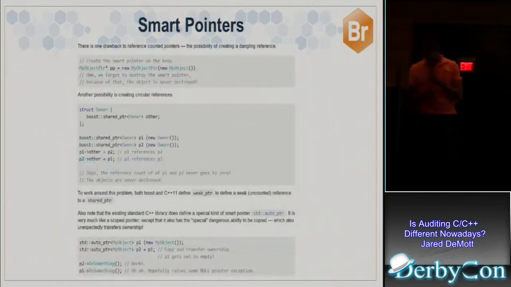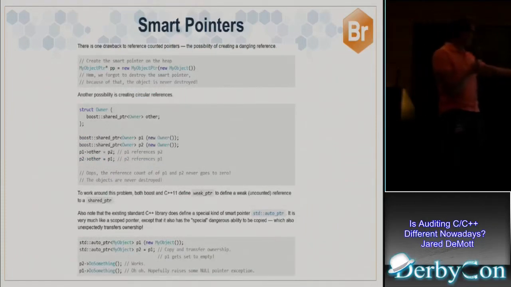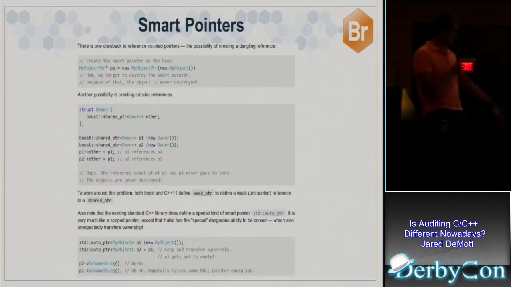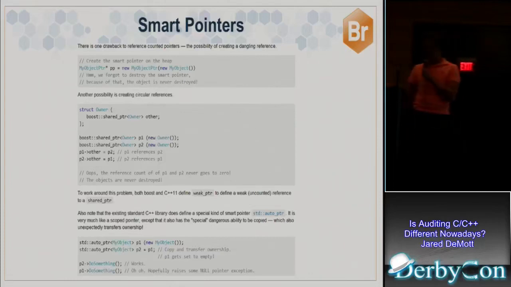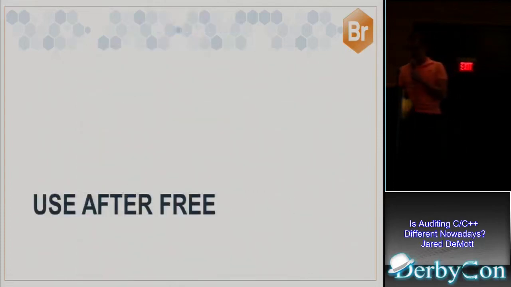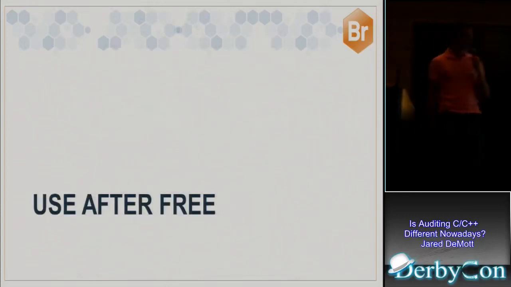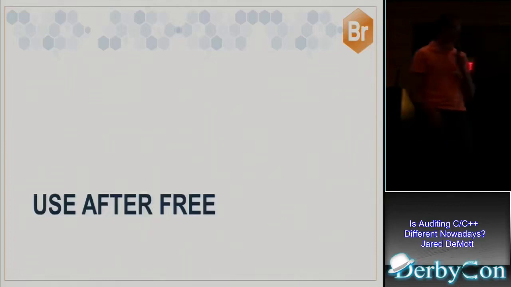Okay. Well, there could be some issues with that, where you may have some dangling pointer or some circular reference, and there's other types as well, the auto pointer, which I'm not really going to go a lot into right now. I just wanted to make you aware that there's a lot of different utilities out there for doing object lifecycle management.